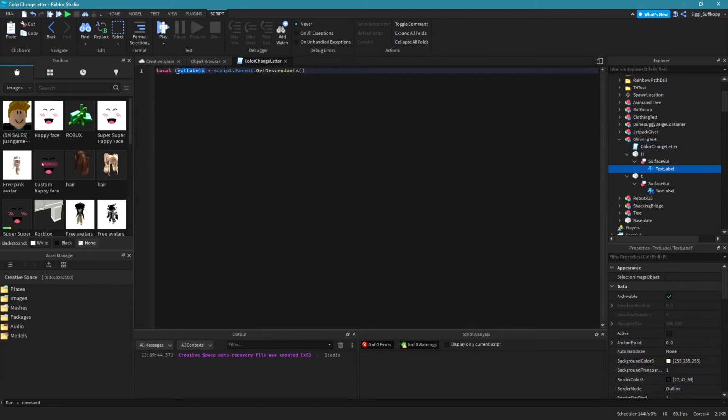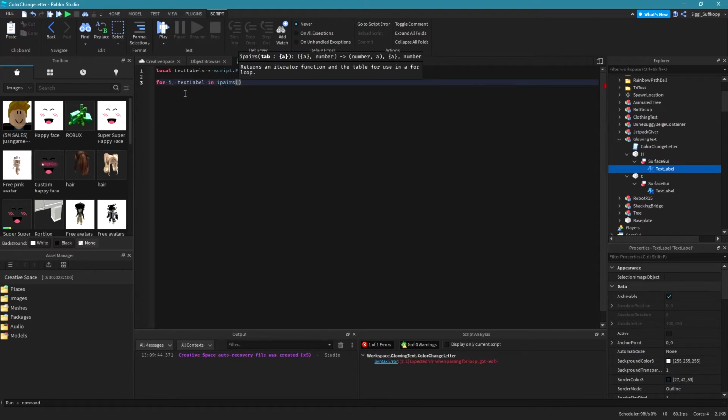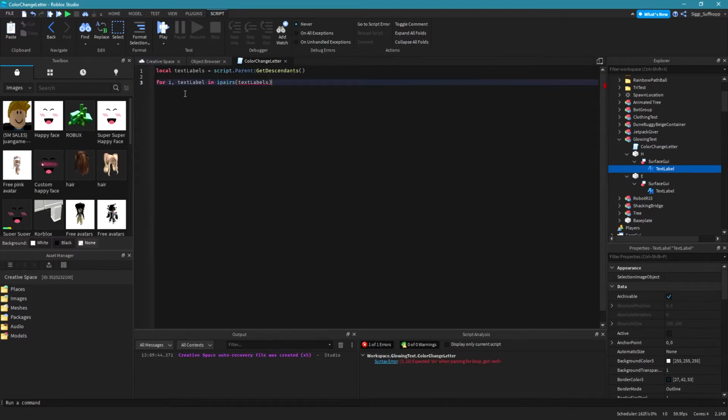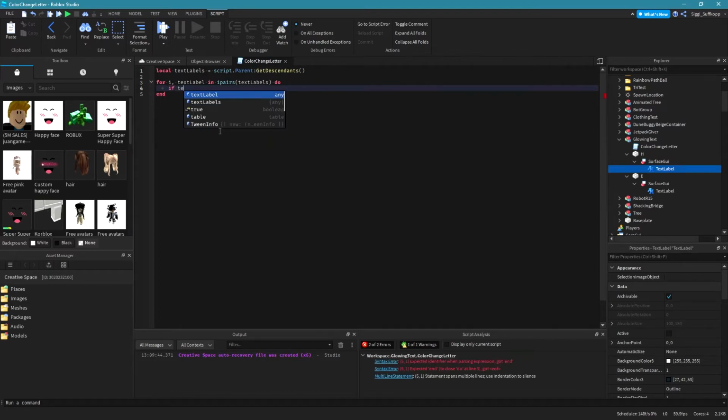This variable contains now an array, and I need to iterate through this array, and I can do that with a for loop. Okay, let's start. For e, like index, text label in ipairs(text labels) do. So I need now to make sure that I only select my labels. I can do that with an if statement like this. If text label is a